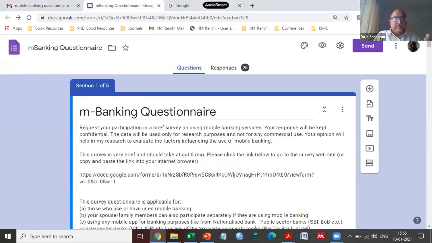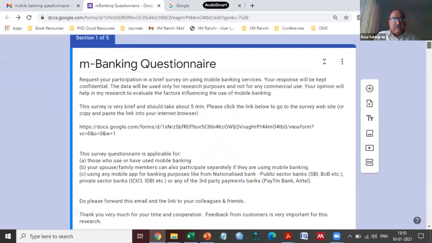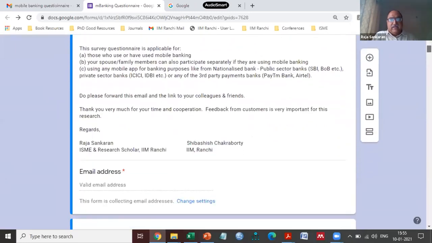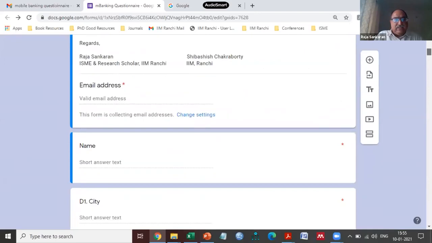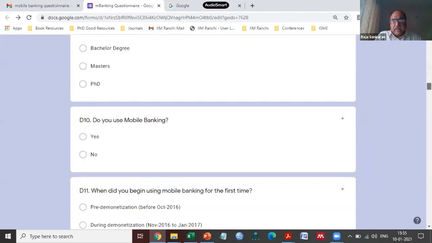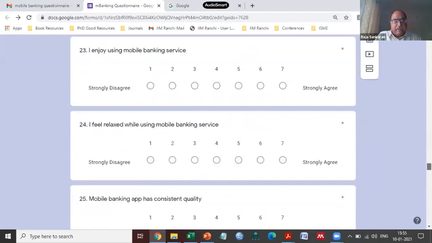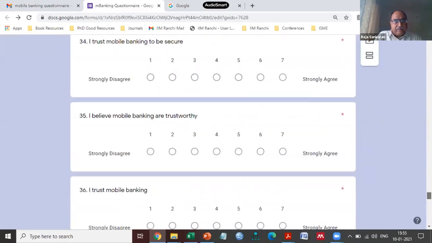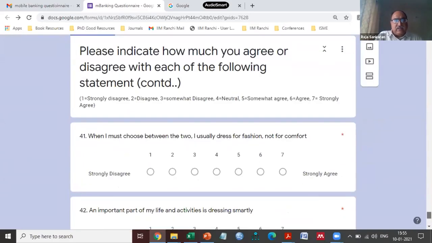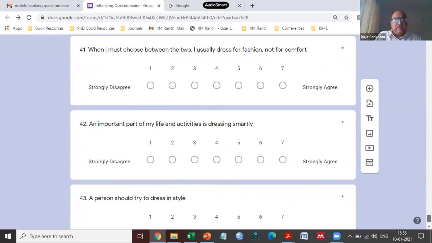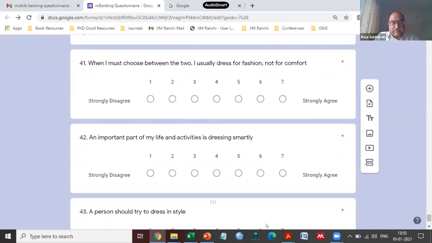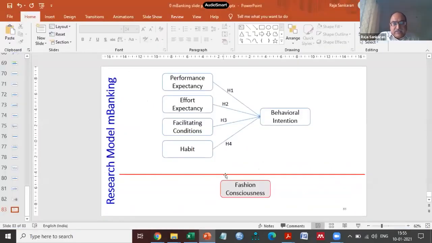This is a replica of the model that I've shown as part of the usage of mobile banking application by the different users. Now, if you look into this, I'll simply go to the last one. So the last 3 questions are actually part of the marker variable. If I go back to the model, what I've shown is the fashion consciousness that I've taken as a marker variable.